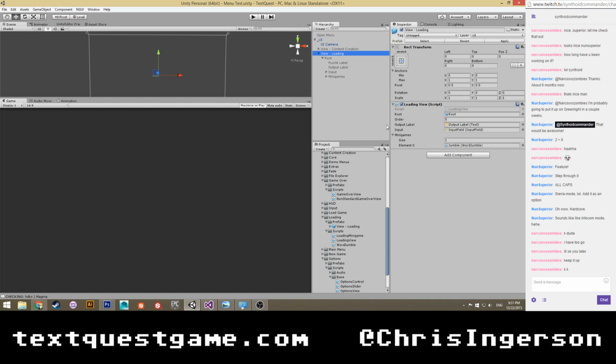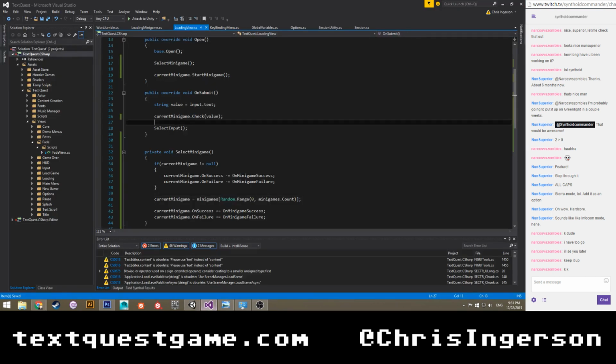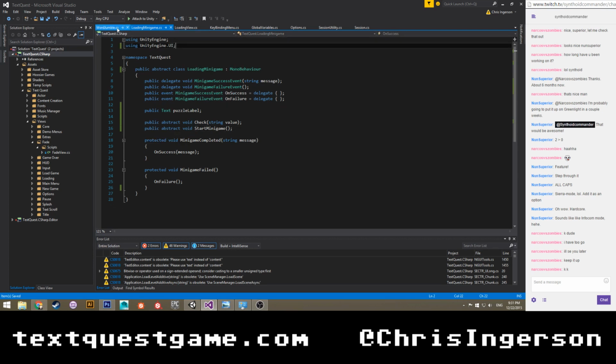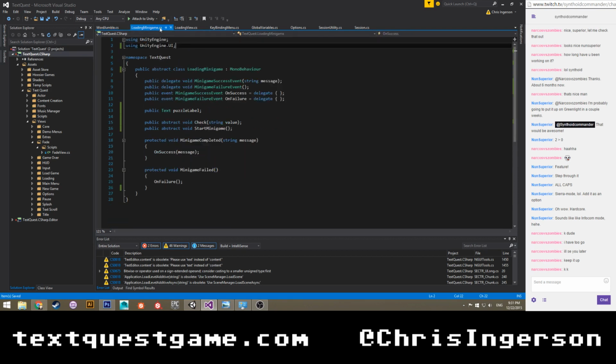So that's one minigame. Let's go ahead and see if we can get another one built. So the next one I'm going to do, I can get rid of that. I don't need that. And okay.